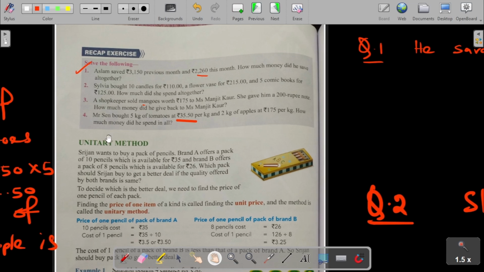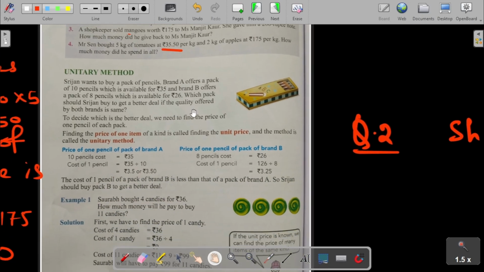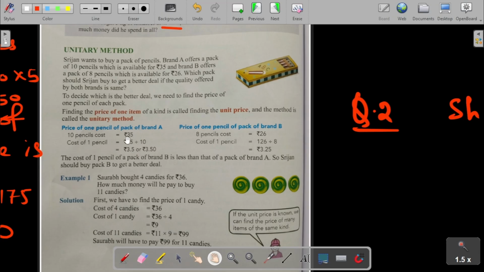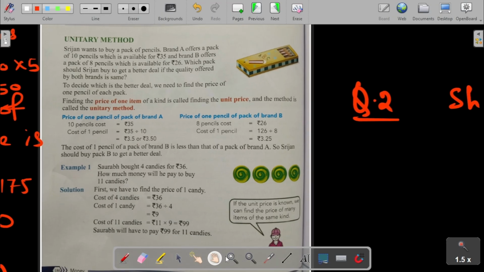এটা বলেছে। ওকে। So next concept is unitary method. This is very important. Unitary method. Okay. Let's understand this concept by one example. Okay. তাহলে এই কনসেপ্টটা কি খুবই ইম্পর্টেন্ট। আমরা এটা একটা এক্সাম্পল দিয়ে বোঝার চেষ্টা করব।